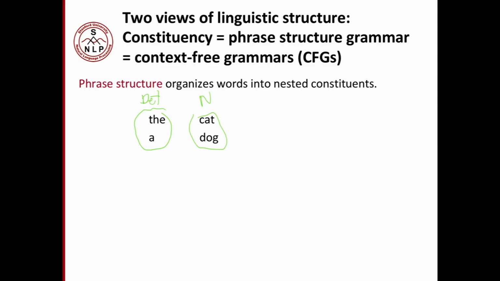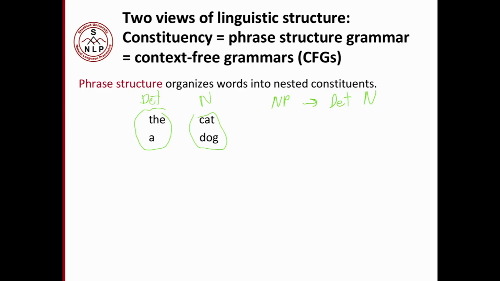And so to capture this pattern, it seems like we can make this unit that I see all over the place in language, which is made of a determiner followed by a noun. And so I'd write a phrase structure grammar rule, i.e. a context-free grammar rule of